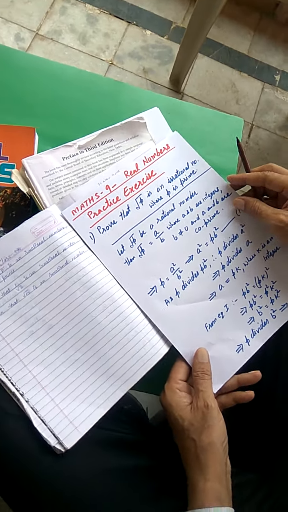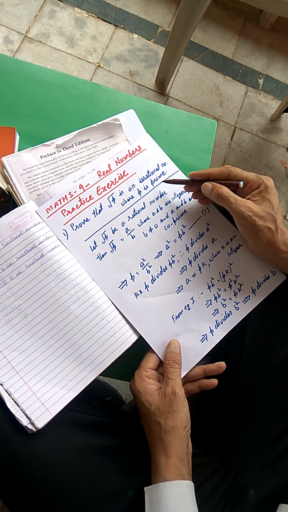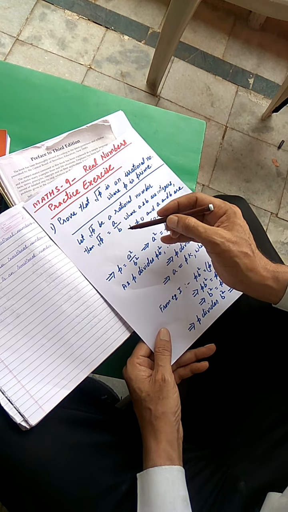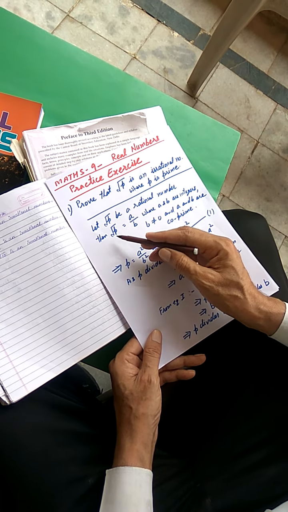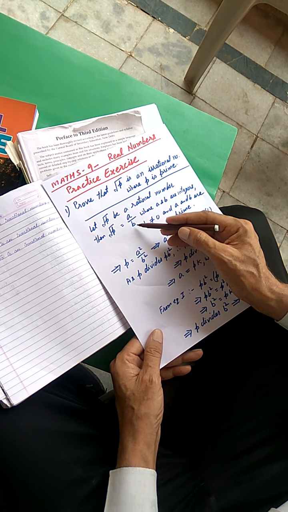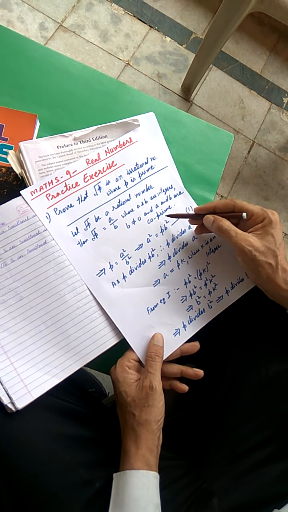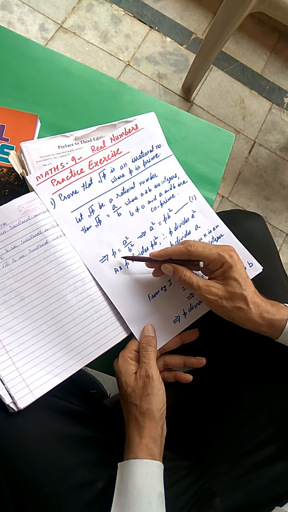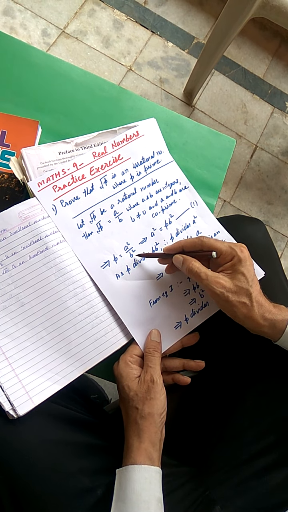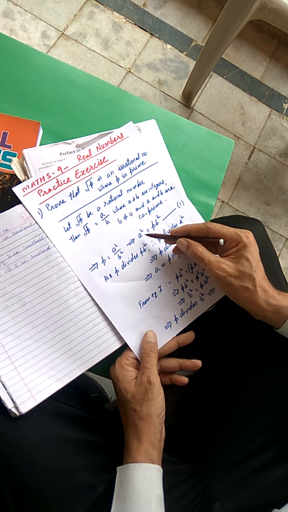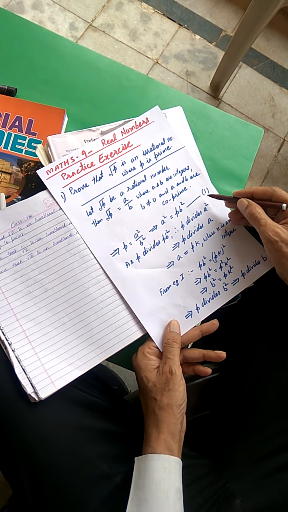See, we have to prove that root p is an irrational number. So let us suppose that root p is rational. If it is rational, it can be put in the form of a upon b, where a and b are integers, b is not equal to 0, and a and b are co-prime. This means when you solve this, you get p is equal to a square upon b square. This implies a square is pb square, and here you get equation 1.